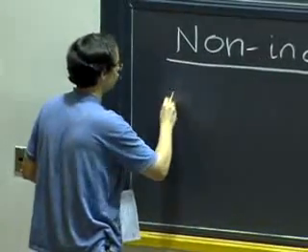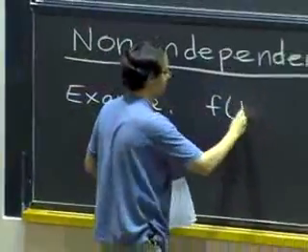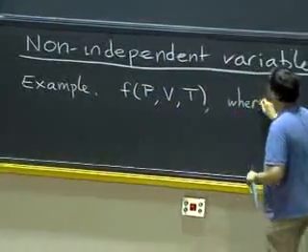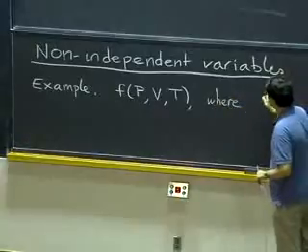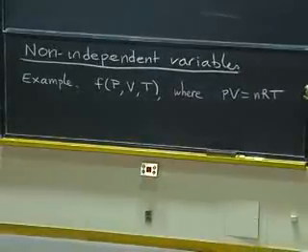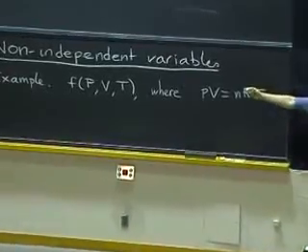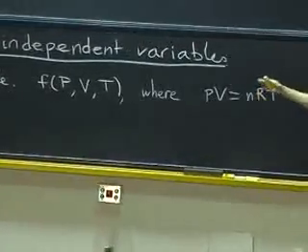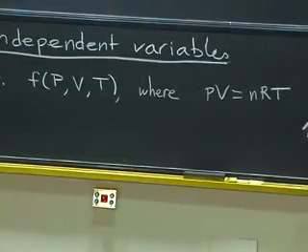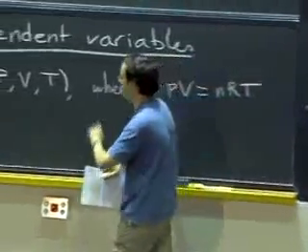So just to give you an example, in physics very often you have functions that depend on pressure, volume, and temperature, where pressure, volume, and temperature are actually not independent, but they're related, say, by PV equals nRT. So, of course, then you can substitute and express the function in terms of two of them only, but very often it's convenient to keep all three. But then we have to figure out what are the rates of change of P and V with respect to T, with respect to each other, the rate of change of F with respect to these variables, and so on. So we have to figure out what we mean by partial derivatives again.